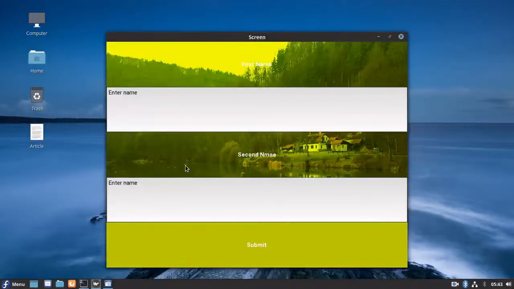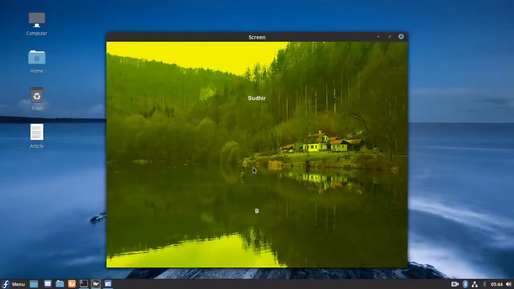So this is my first page wherein I am trying to take some input. This is the first name that I will be taking, and this is the second name I am taking. When we hit the submit button, it goes to the second screen wherein we are dynamically updating the second screen content with the first name and second name. So we'll try to explore this example more in our video.